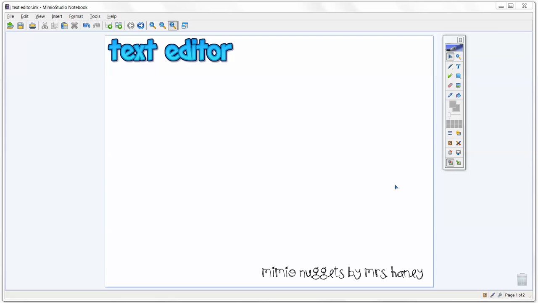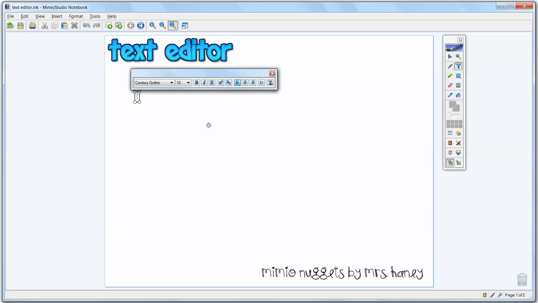is on the text editor. Now, first and foremost, you need to learn how to create a text box. When I want to add something to my page that is a font or text, all I have to do is click on the T for text box on my toolbar, and then I can create a text box one of two ways. The first way is to just simply left click, and then I can start typing and it